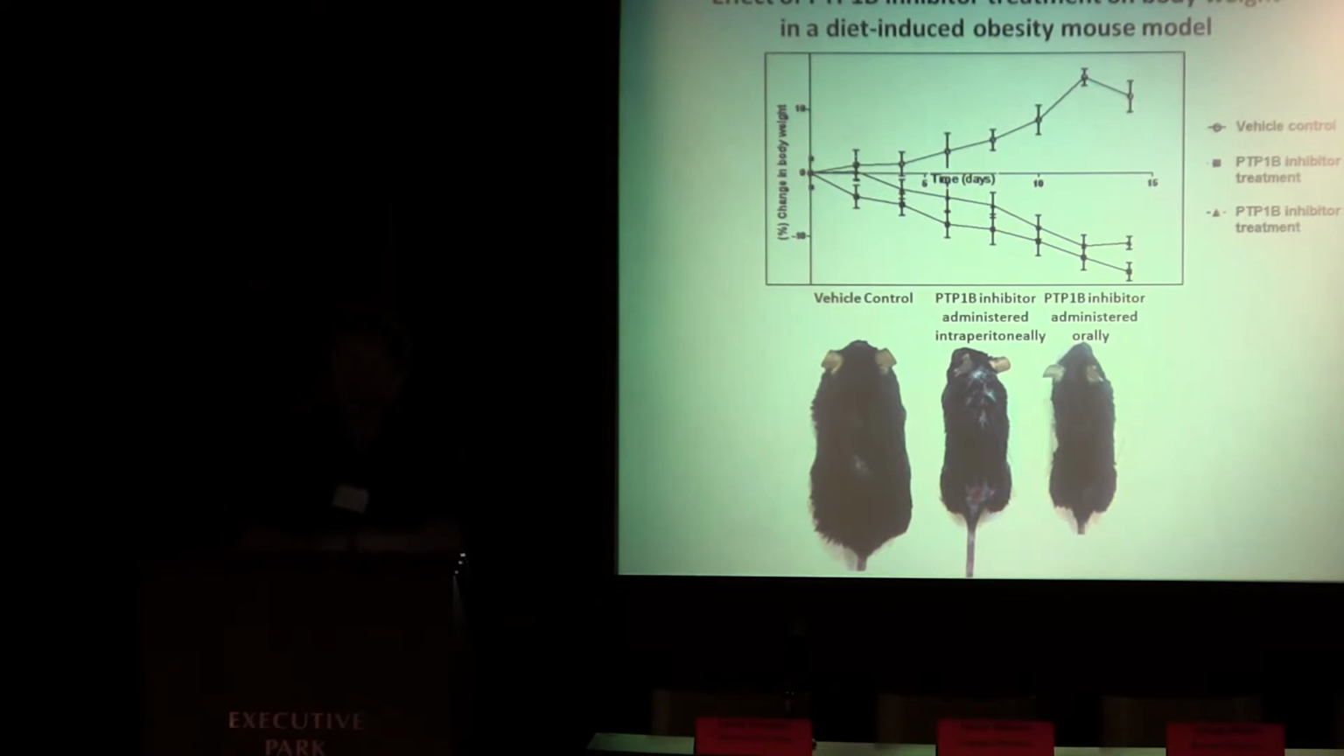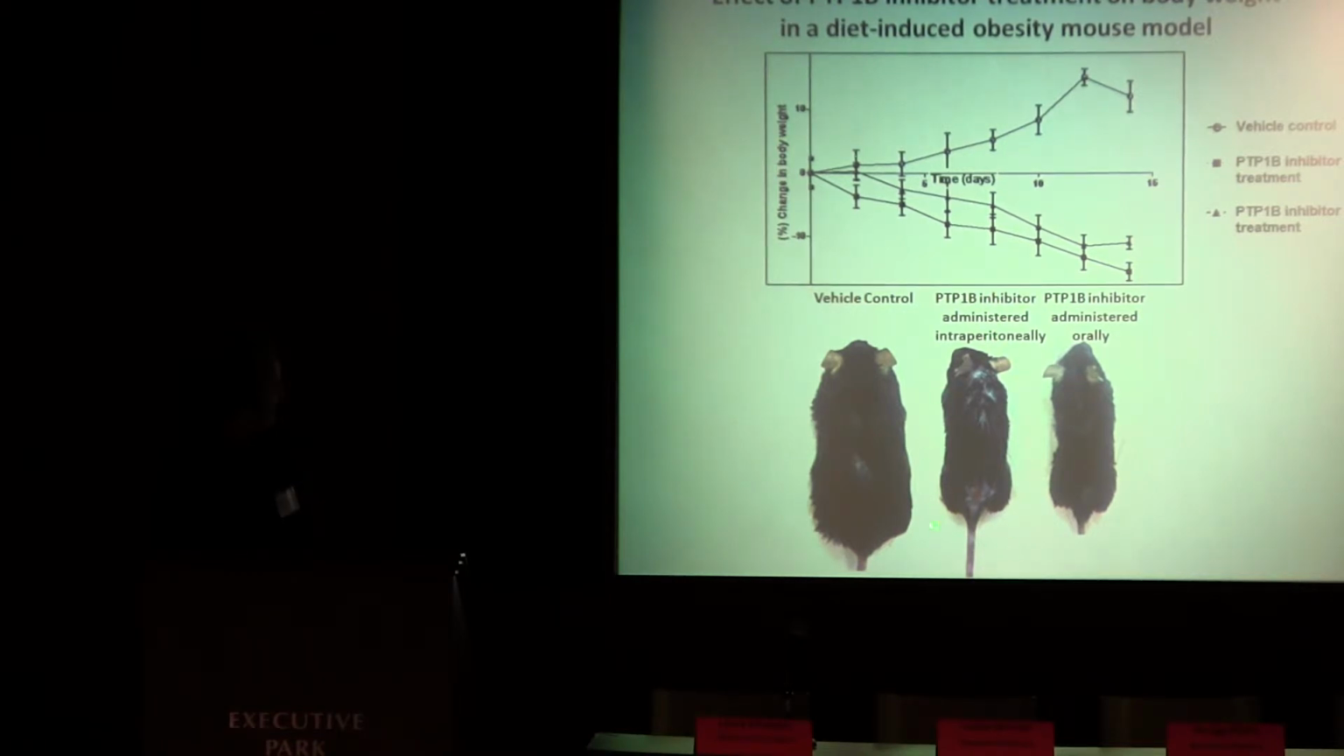We have a derivative of this small molecule, and in this experiment what we've done is we've treated animals in what is called a diet-induced obesity model. You feed them the high-fat diet and they get fat. And this is the vehicle control animal that you can see here, and this is its increase in weight. These 2 animals here that have not increased in weight, these are treated with our PTP1B inhibitor that's administered